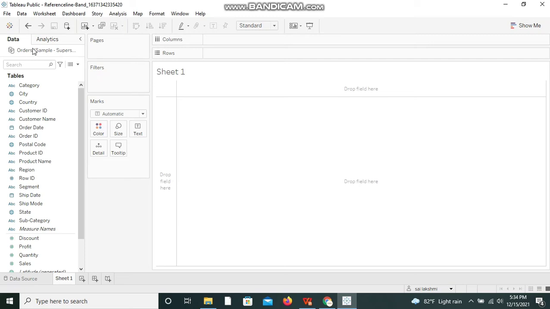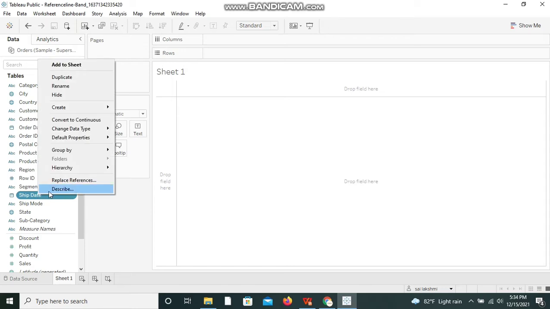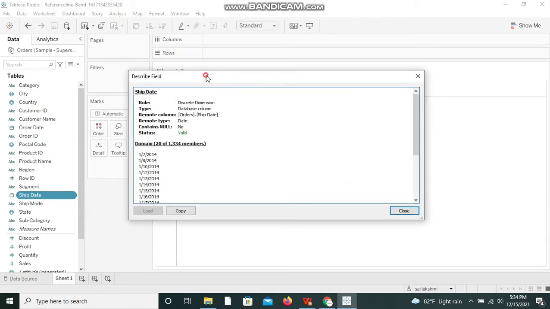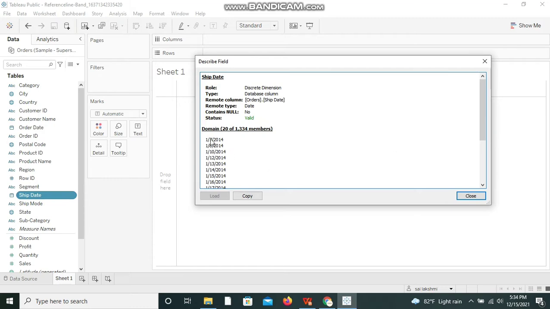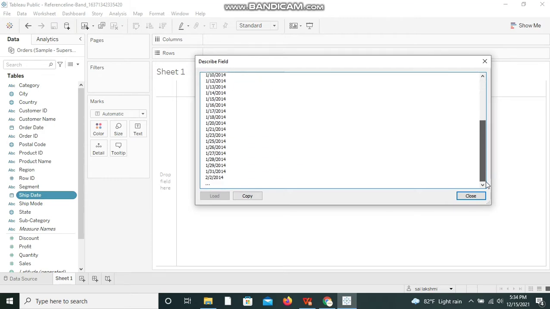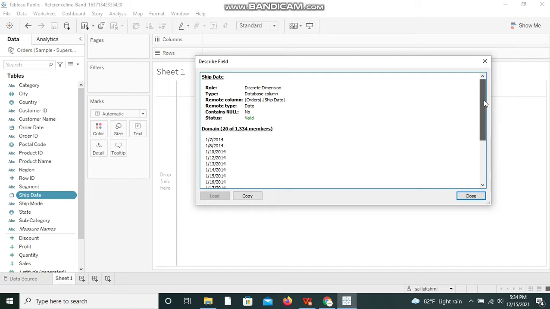So I have taken sample superstore data to create discrete line charts. In sample superstore data we have a field called ship date. I'm right clicking on the ship date and describing it. We can see the dates over here. We have 1300 dates, and the role is discrete dimension. You can see the dimension type is discrete, so it is perfect for